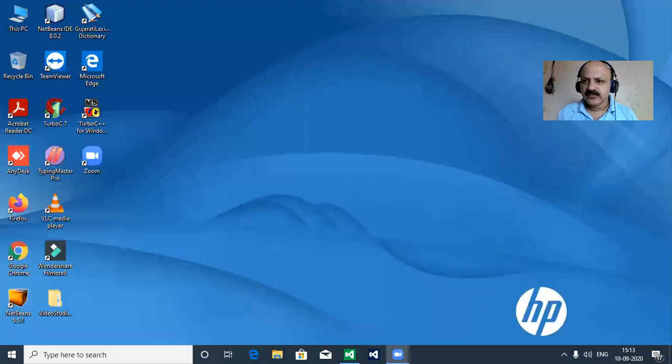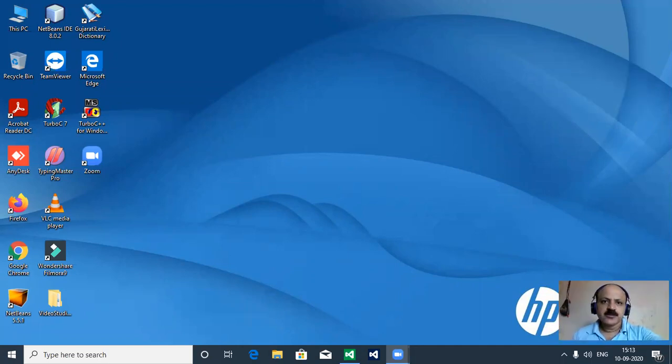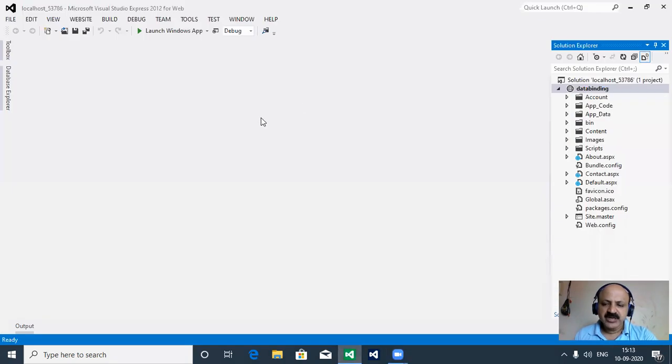In this session, we learn the data bound control in ASP.NET, and here we take the FormView control. Data binding is a concept, and we can take complex data binding. First I share my laptop screen and fix the position so you can watch my video lecture better. Microsoft Visual Studio Express for Web edition is open, and DataBinding is my website folder